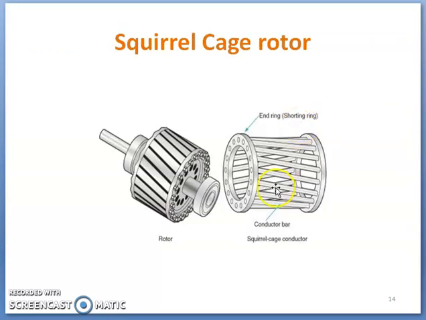Usually in the case of a squirrel cage rotor, whatever conductors are put in the rotor slots are in the form of bar conductors. Once conductors are put in the slots, the question is whether all those rotor conductors in bar form are kept open or must be short circuited.